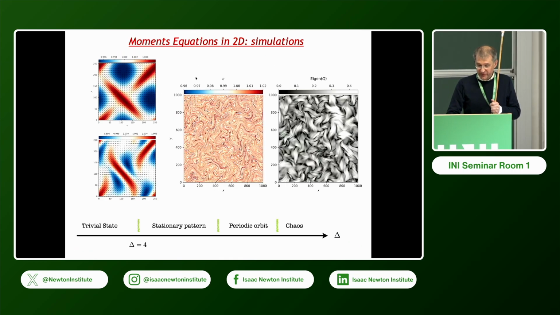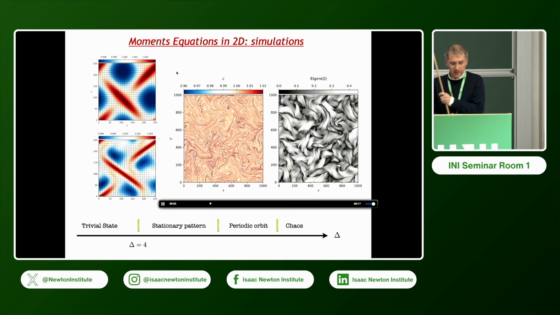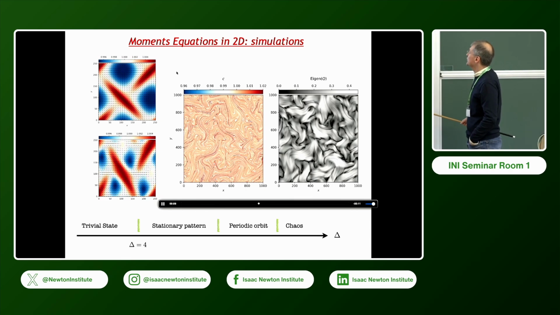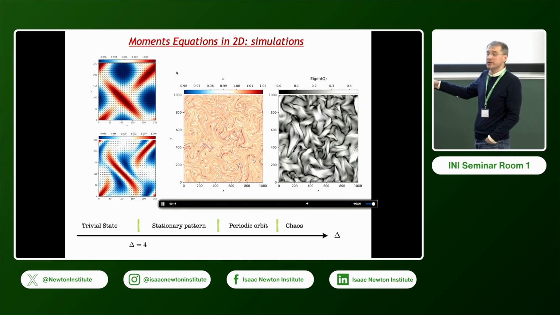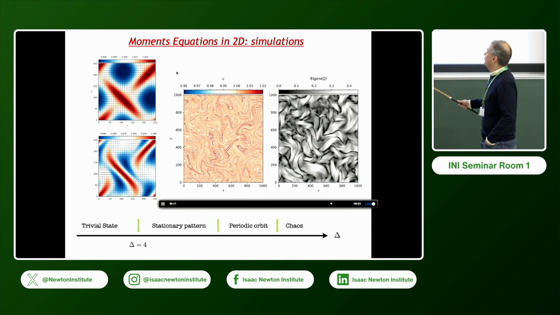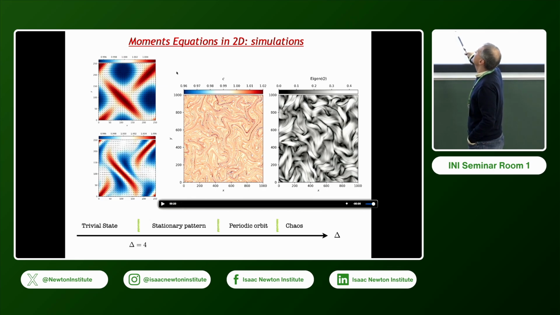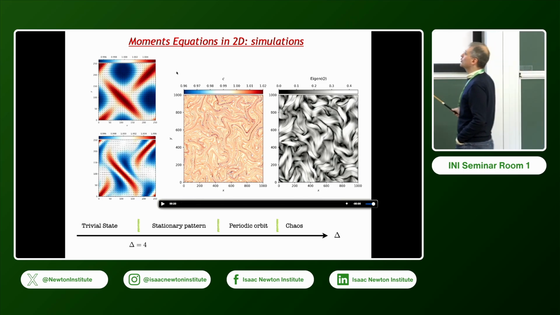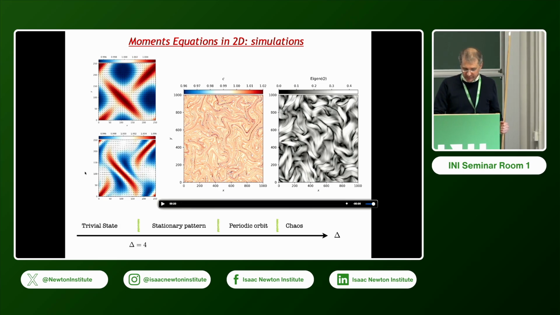Okay, so these can now be simulated, and what you observe is a simple sequence of transitions. In 2D, there is a trivial state where nothing moves, there is no orientation, the concentration is constant. First, you go to a stationary pattern, which has this concentration profile, and the velocity field has small amplitudes. Then next, you go to a periodic orbit where this pattern starts flopping